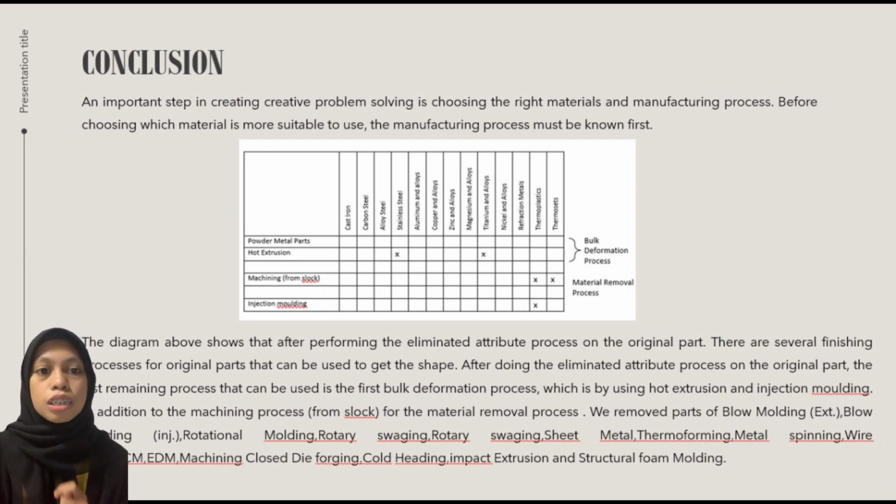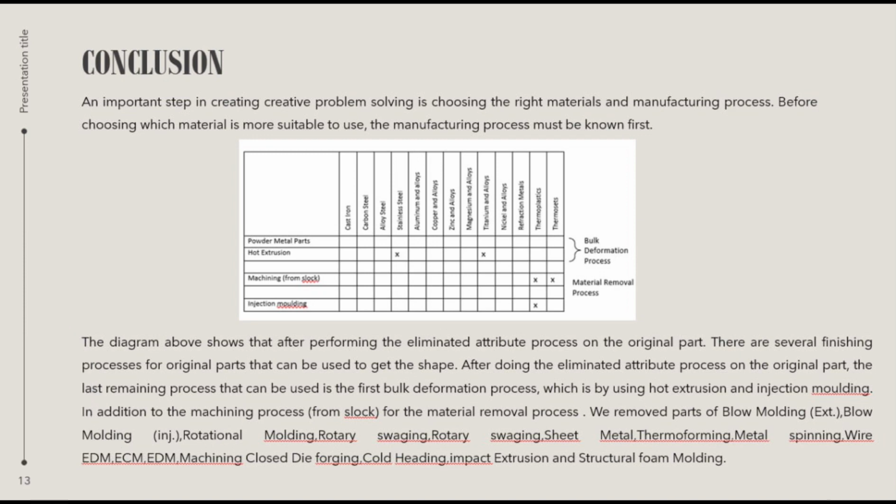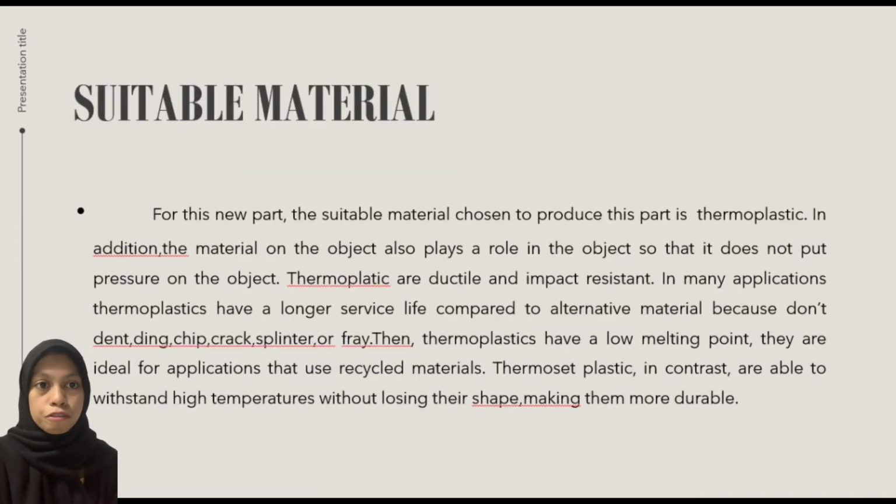In addition, for the machining process, the material removal process, we remove part of blow molding, rotational molding, rotary swaging, sheet metal, thermoforming, metal spinning, wire EDM, ECM, EDM, machining, closed die forging, cold heading, impact extrusion, and structural foam molding. So for the suitable material for this new part, the suitable material chosen to produce this part is